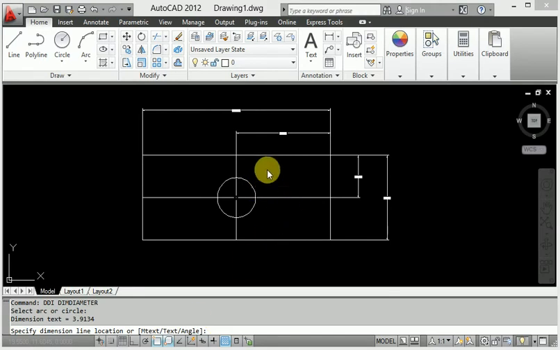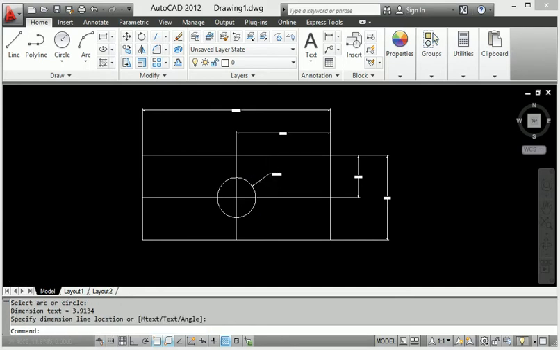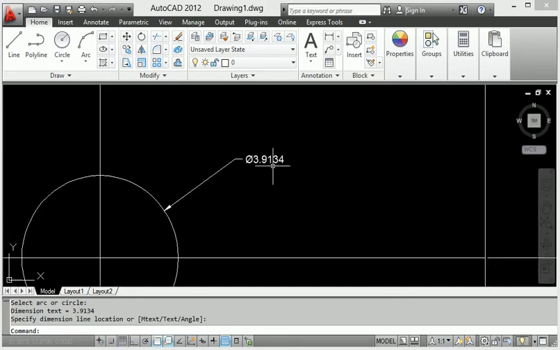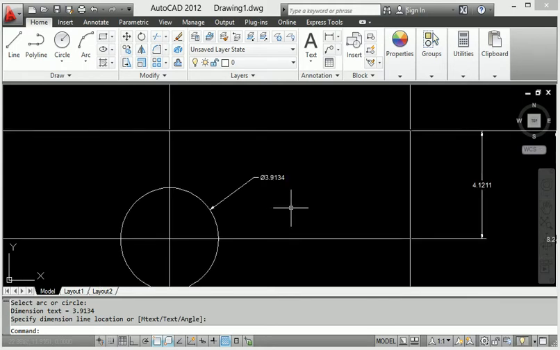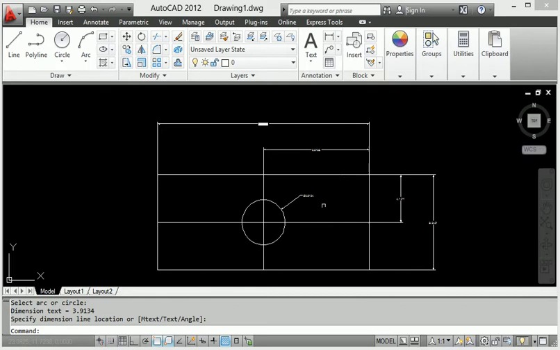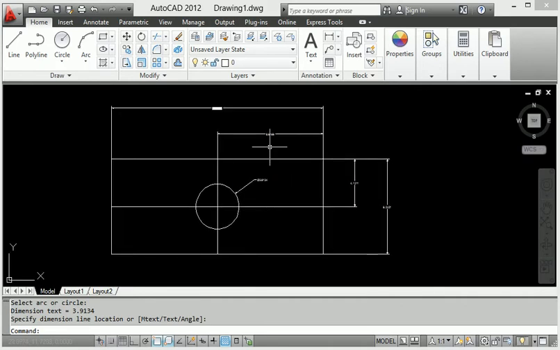Now this is the diameter. Look at this diameter when I provide it. So I want to increase this dimension in here.